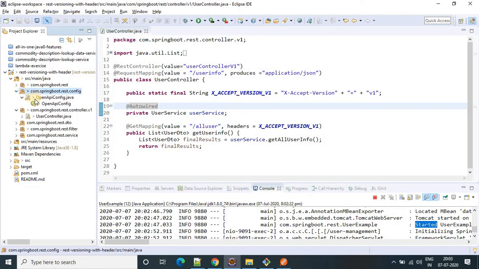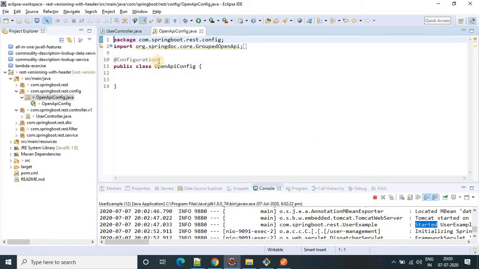Come to the config class. Here, if you see, I have an OpenAPIConfig.java file, and this is my configuration class. Here I have to provide the information about my version 1. So for that, let me create one bean here, @Bean, and create one method, public